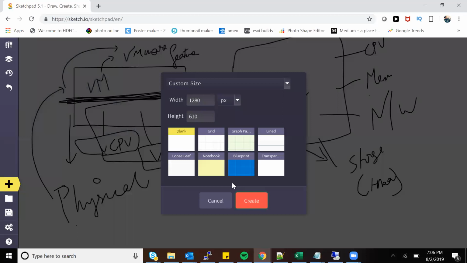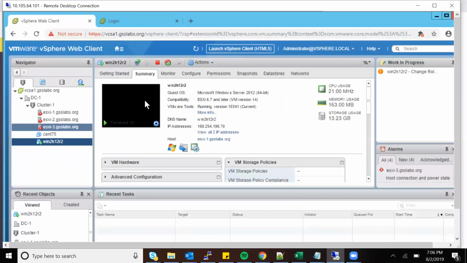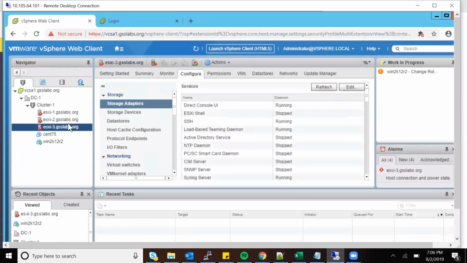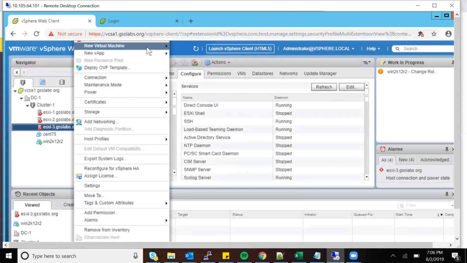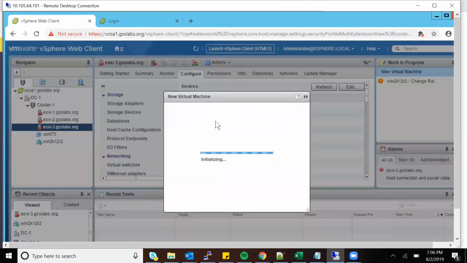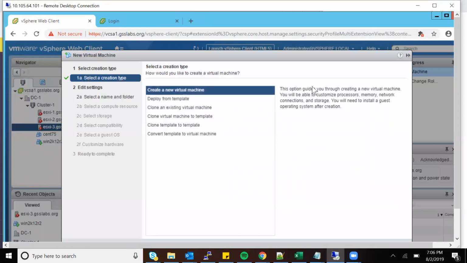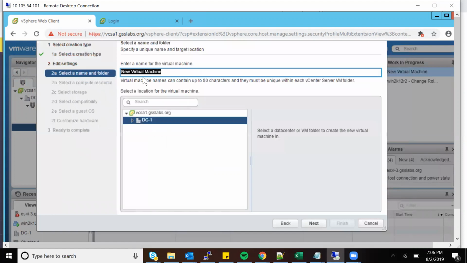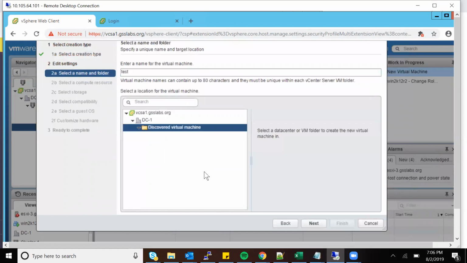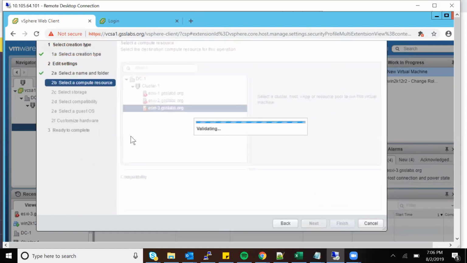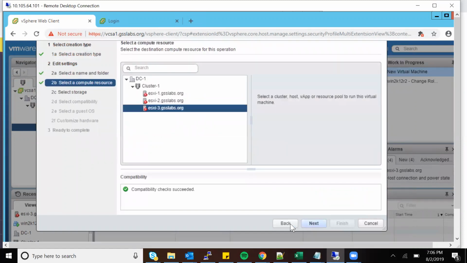So you saw how we created a virtual machine. I will show you again. I have three hosts in this environment. If I want to create a virtual machine out of this host, I can just right click to create a new virtual machine. I'll click on new virtual machine, and then click next. I'll put in test, and it will ask which folder I want it in. I'll put it in one of the folders. What is this folder you wanted? Backups, right? Backup works with this folder.